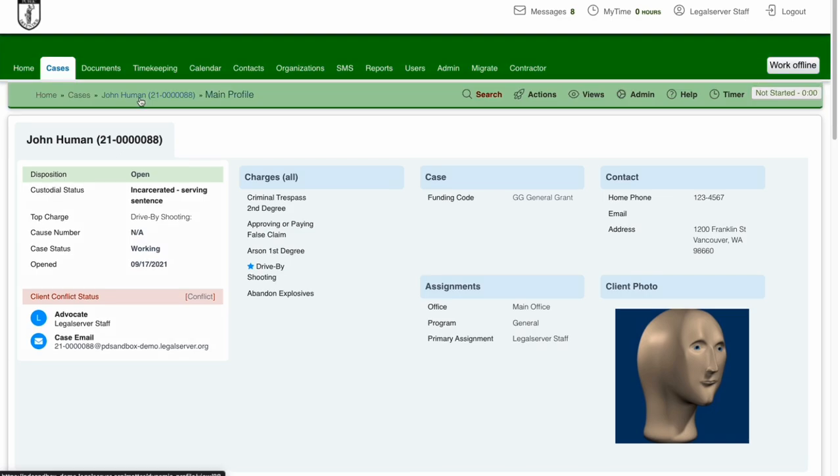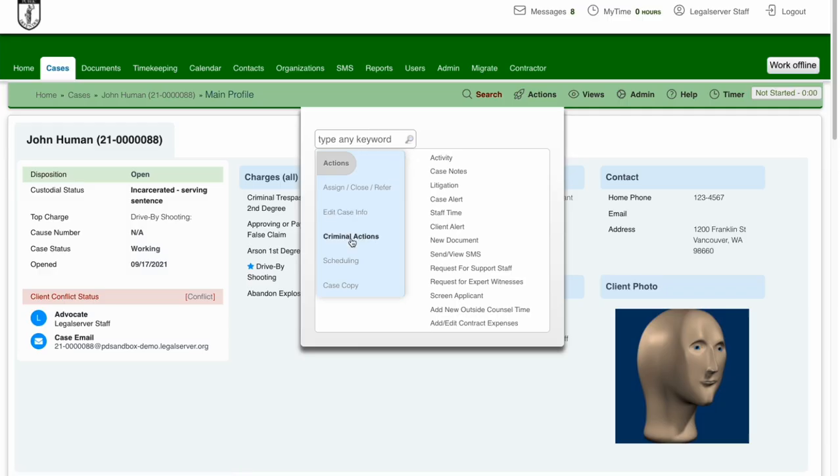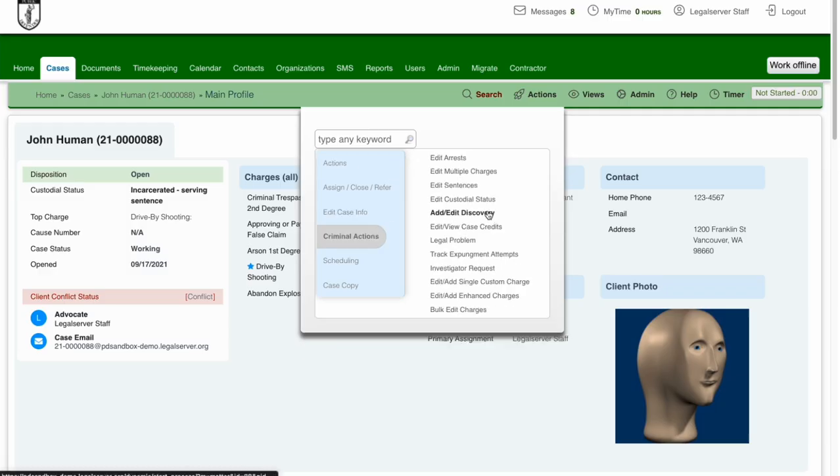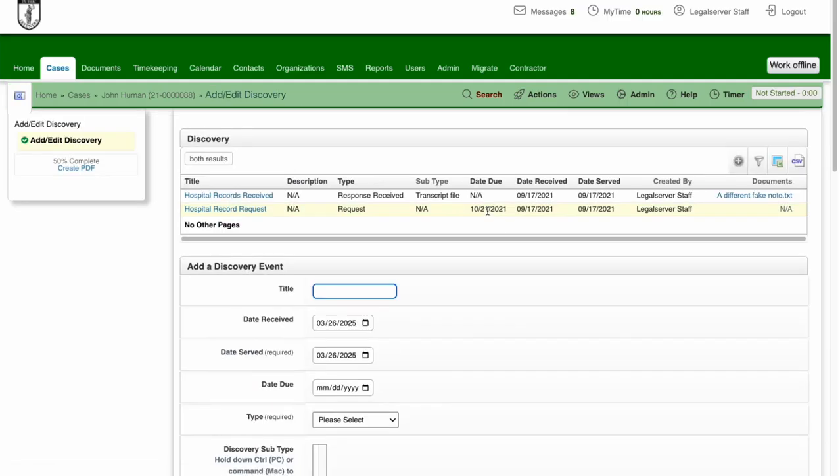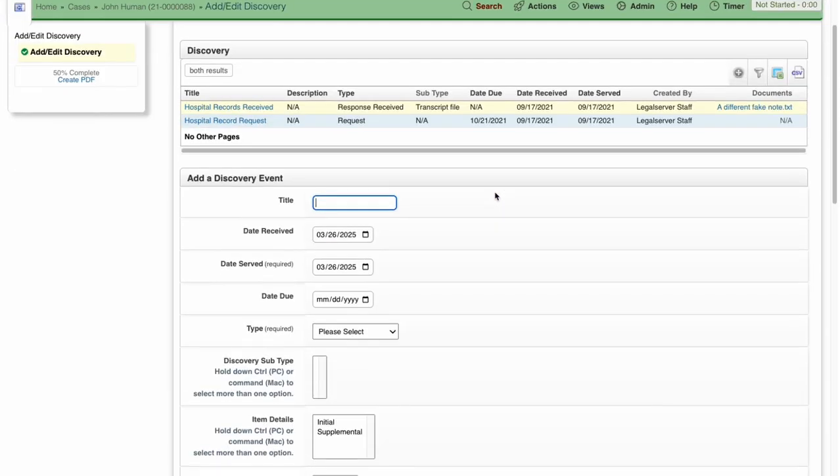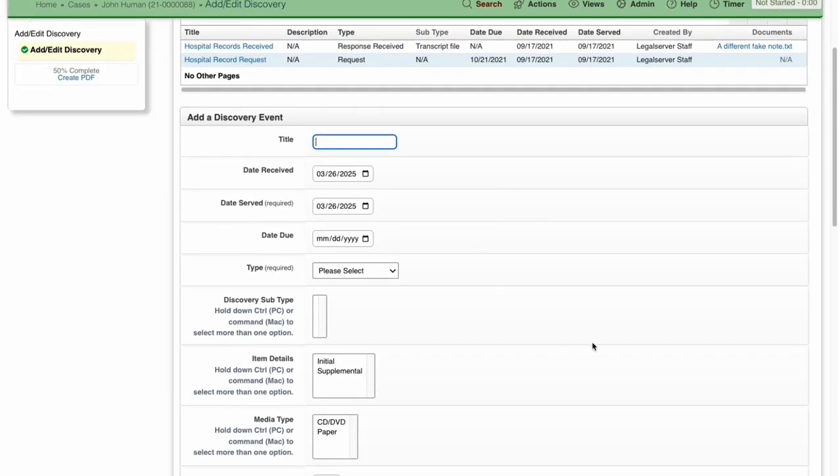Moving back to the case profile, the next thing I wanted to take a look at is the discovery tool. Discovery tool, it's basically a general litigation tool. I'm going to jump here to my criminal actions, add edit discovery. There's a list view here at the top. We can see there's a couple discovery records in, and below is where we can create a brand new discovery